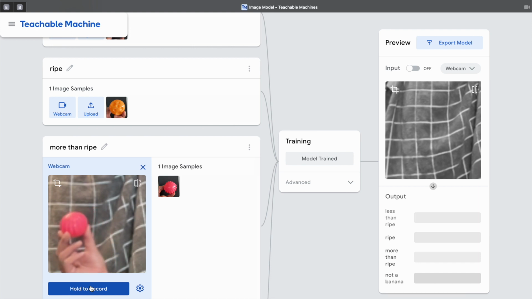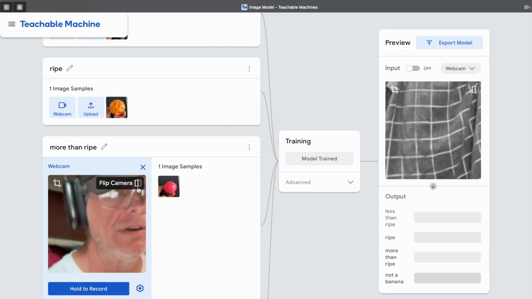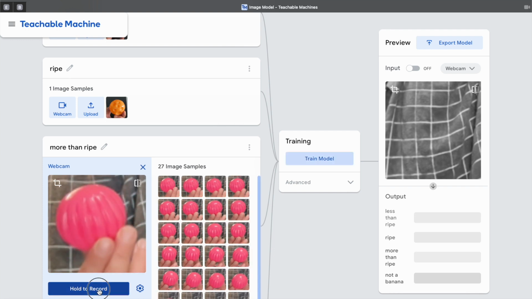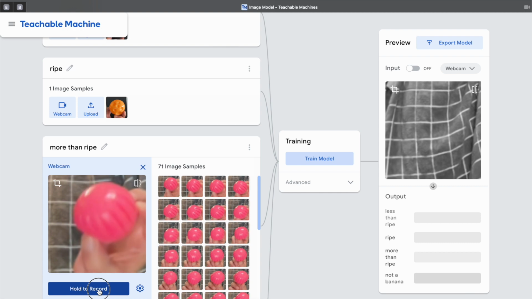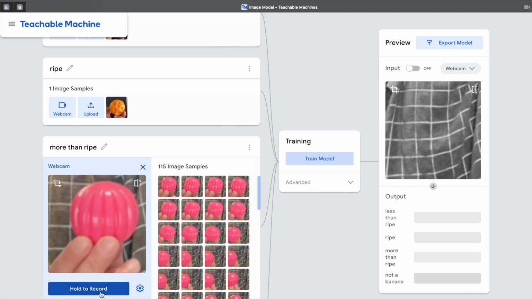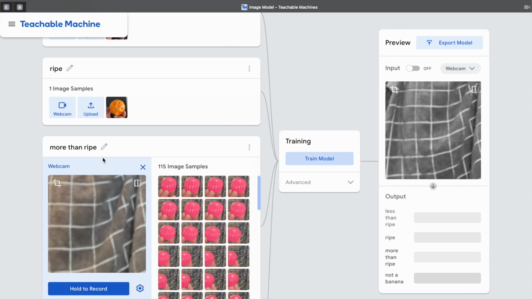Okay, now we're ready to use it. I'm going to flip the video here. There we go. It doesn't matter, figure it out for yourself, whichever way works best for your webcam. Get the object in the best focus you can, and then hold to record and move it around so that many different images are created of this object. Just hold it for a few seconds, and then let it go. And then we'll move on